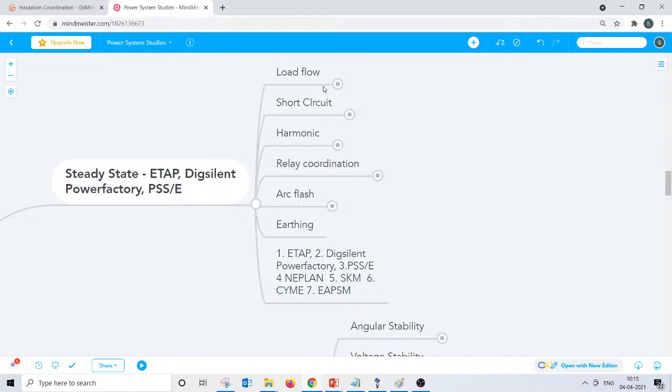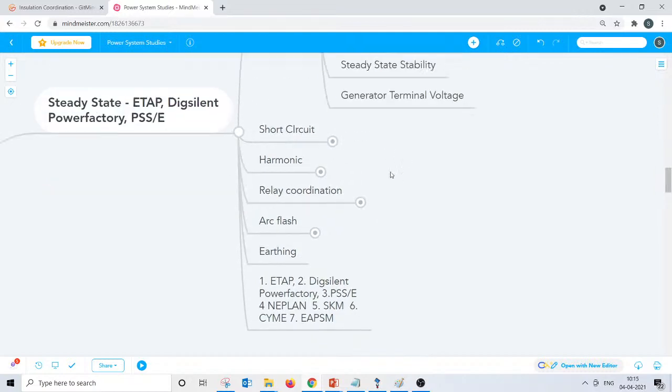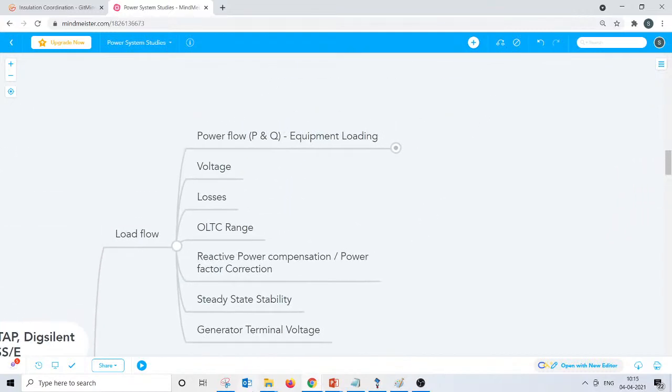Let's move on to load flow and break out the points. In the upcoming weeks I'm going to come up with small simulation examples one by one to justify these parameters, but at least this week we will touch on the study basics, the objectives of load flow, the outcomes of load flow, or why we need to perform load flow. Yes, so here you go.